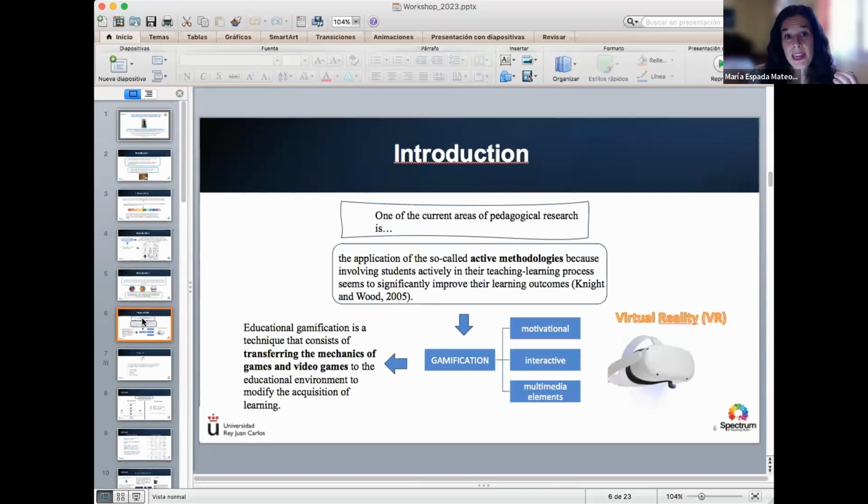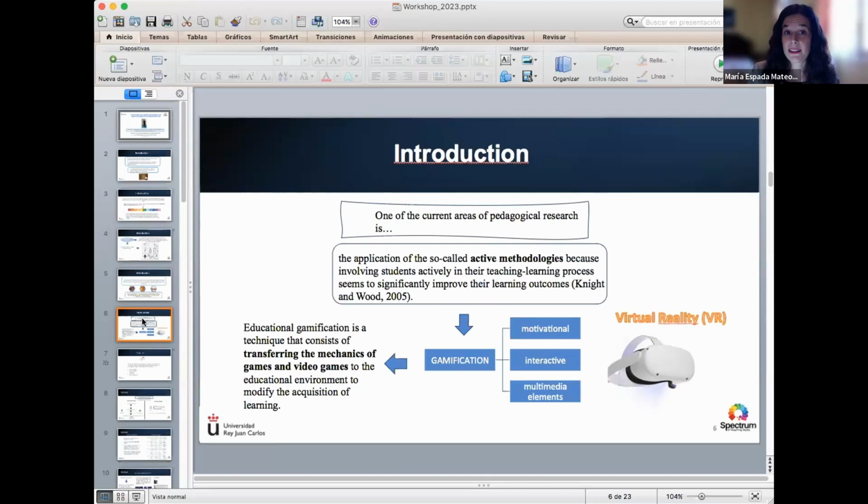One of the current areas of pedagogical research is the application of the so-called active methodologies, because involving a student actively in their teaching-learning process seems to significantly improve their learning outcomes.